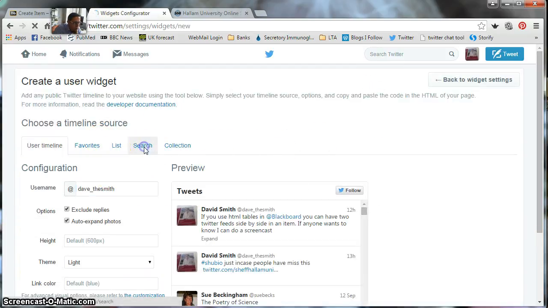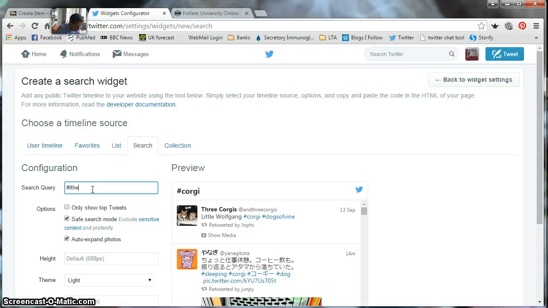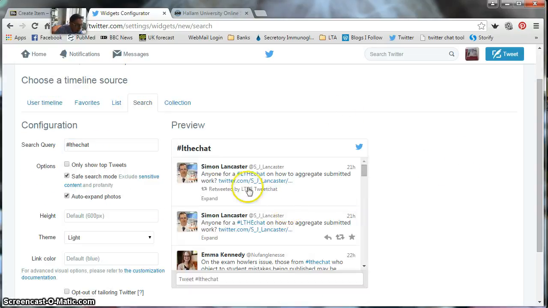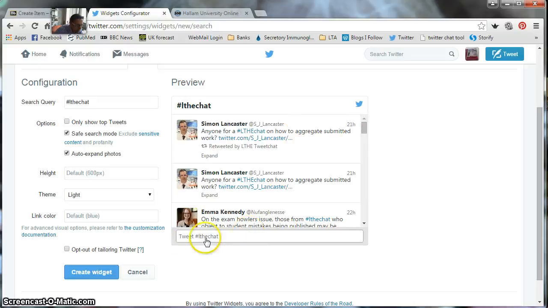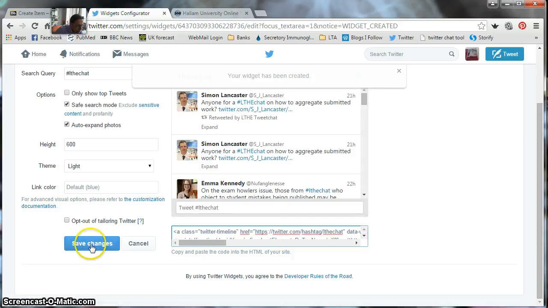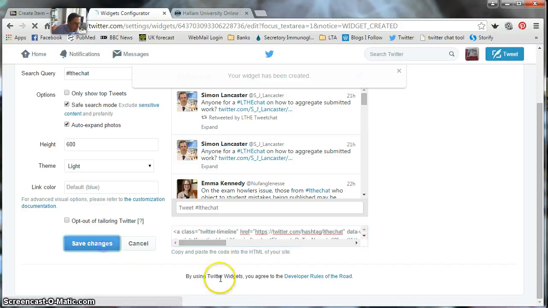And let's say we want to do a search. So we'll do a search for LTHE chat. Click outside and then we'll see. Here's a preview of what's going to come up. Quite easy. We're going to create the widget. Press that little button at the bottom, and here is the code that we're going to need. So I'm going to press Control A to grab all of that code, Control C to copy it, save my changes,